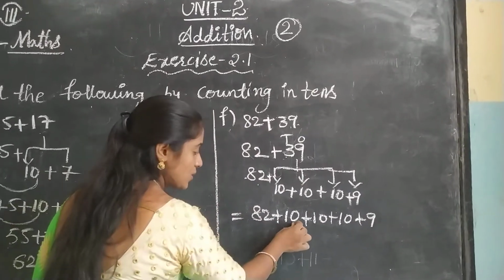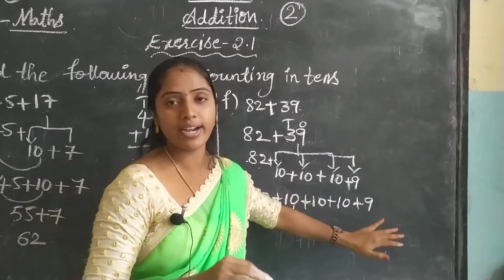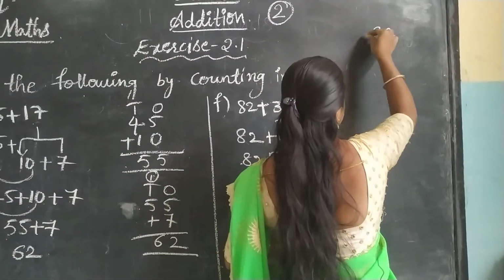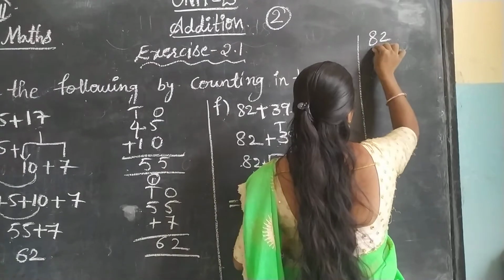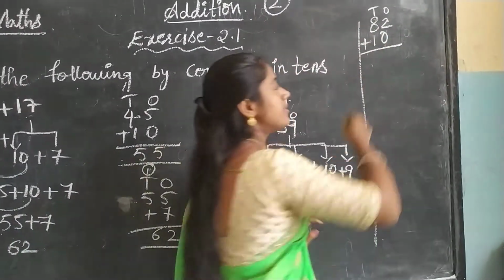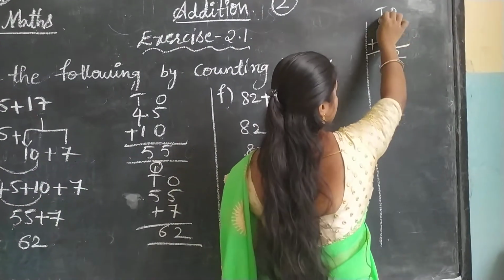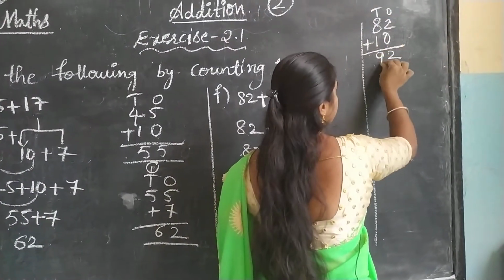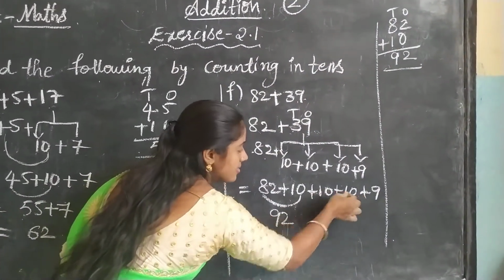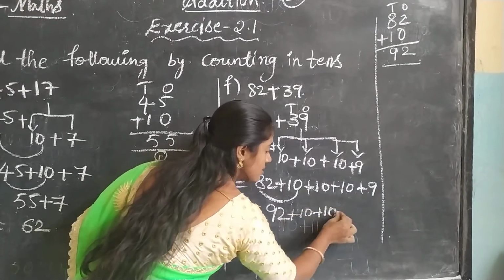So in this, first you have to add these two numbers. Remaining, all you should write the same way. Okay. 82 plus 10. How much? This is rough work. 82 plus 10. Column wise you have to arrange these numbers. 2 plus 0. How much? 2. Next tens place. 8 plus 1? 9. So the answer is 92. As it is, these 3 numbers you should write as it is, 10 plus 9.